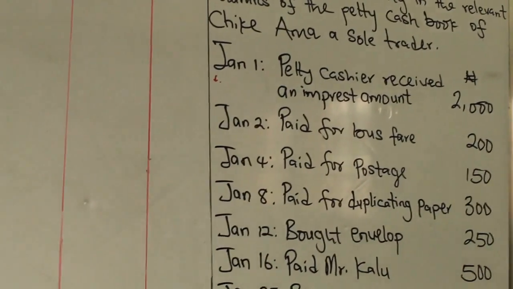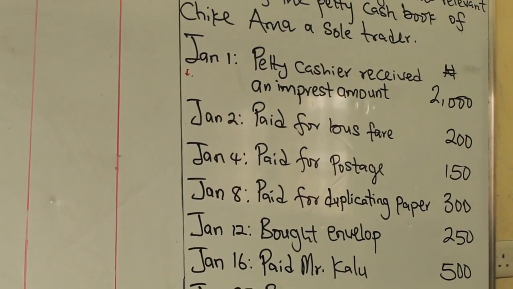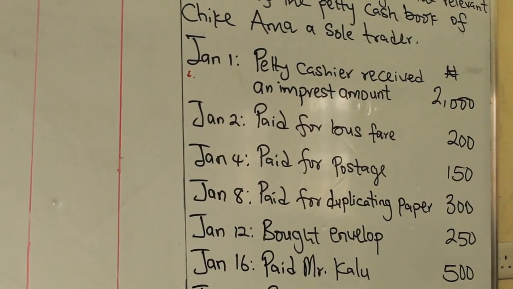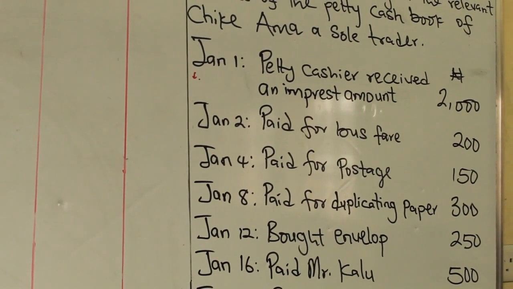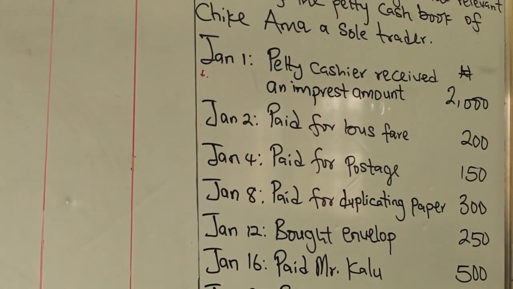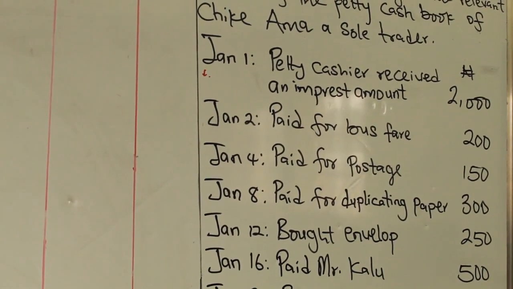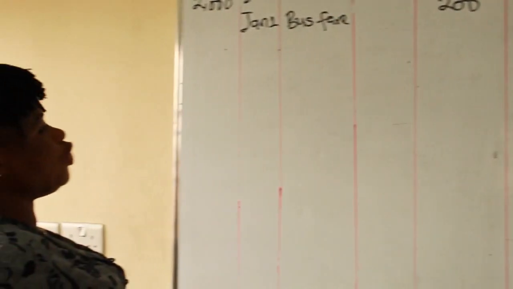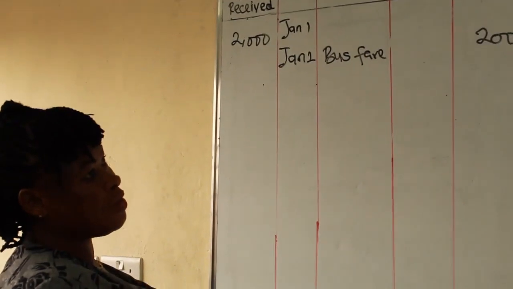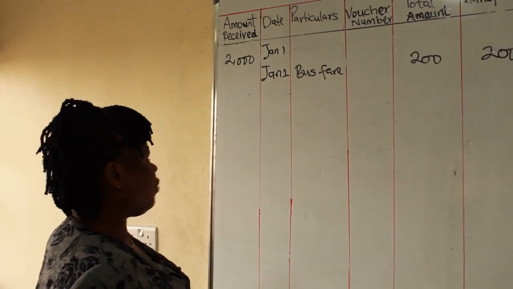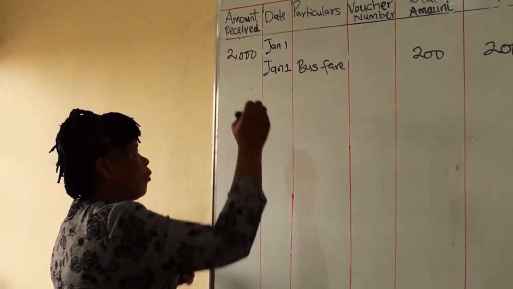On January 4th, paid for postage, 150 naira. It will be posted on the debit side of the petty cash book first, before it will be taken to the credit side of the petty cash book. Therefore, we have here